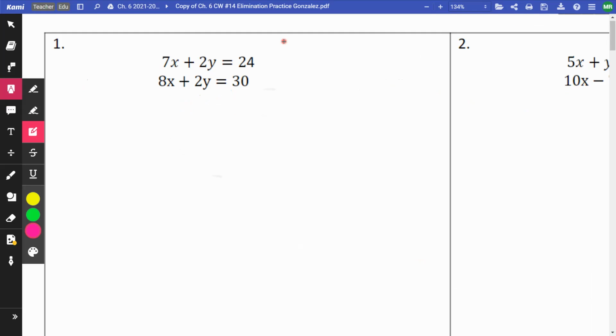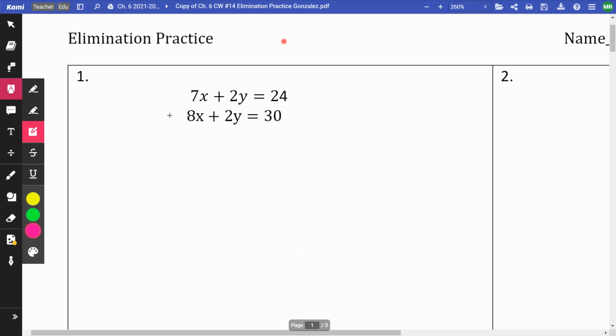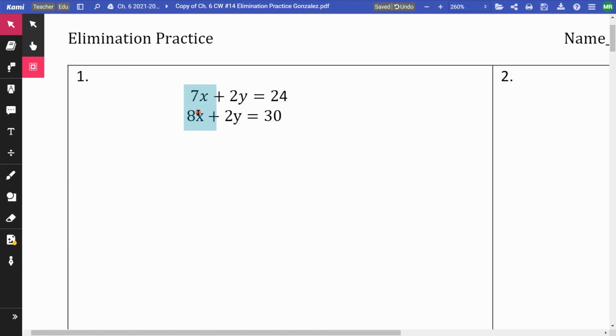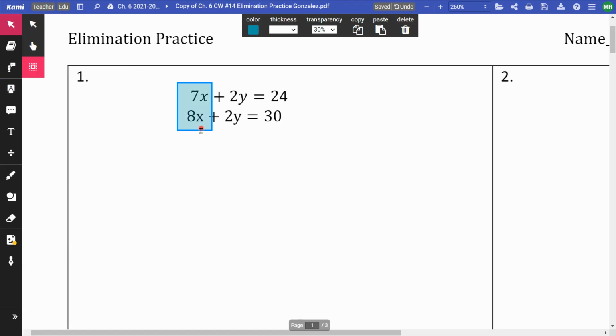So when we're dealing with these systems of equations and they're in standard form, where our X and our Y are on the same side, I'm going to use what we call the elimination method. What we're going to do is try to eliminate our X's or our Y's. Our goal is to get the same number in front of either the X's or the Y's, but one of them positive and one negative, so I can combine and have them